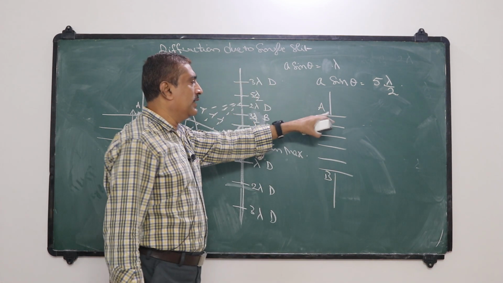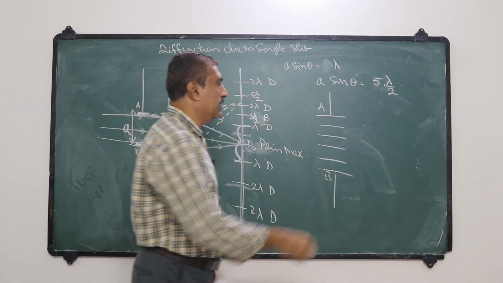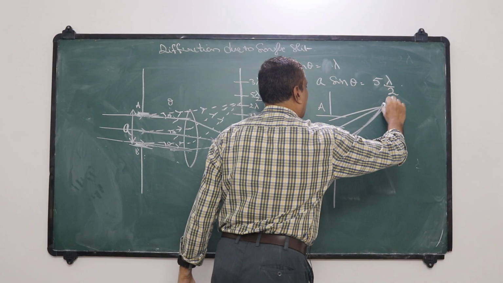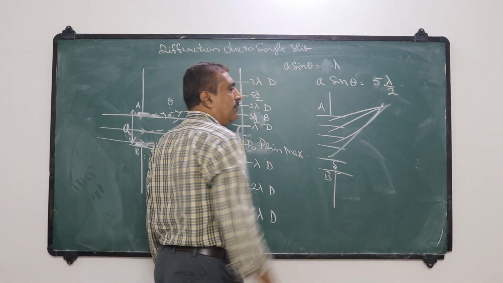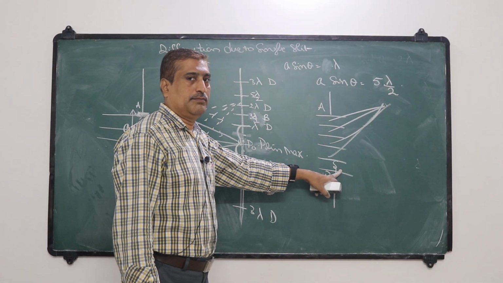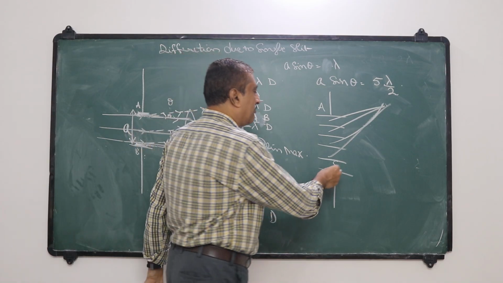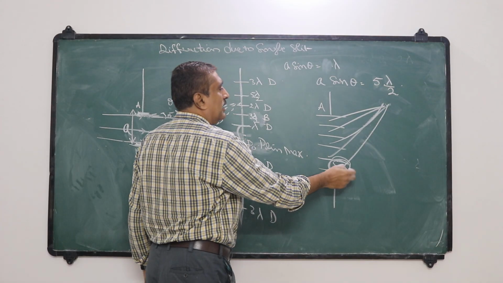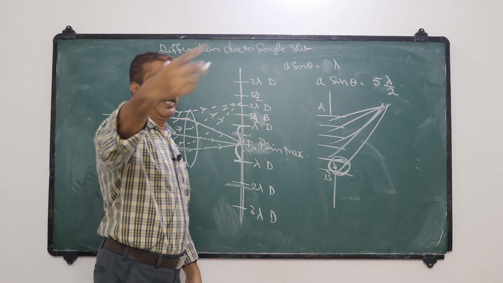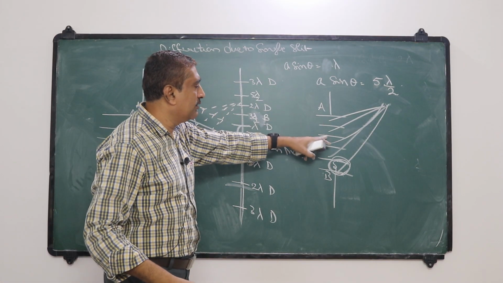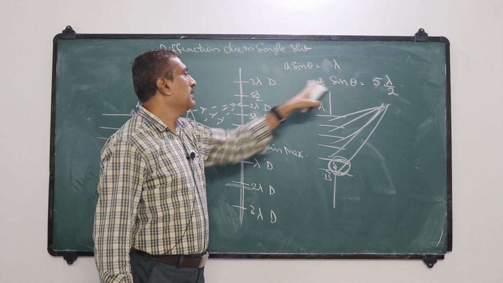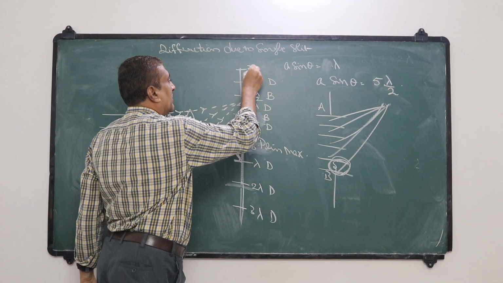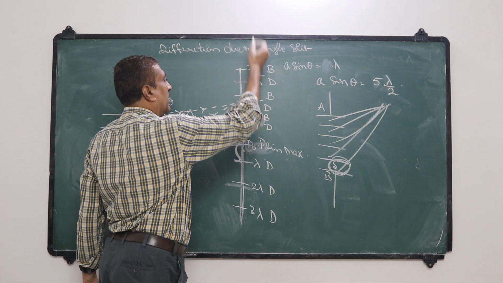Now divide the slit into 5 equal parts such that the two pairs will get cancelled out, these two pairs will get cancelled out and this part remains unbalanced. So the intensity of light reaching this point is due to the light from this point only. So we get again a bright band because these two pairs cancel out, these two pairs cancel out, so that we get a bright band at this point. Now at this point, 7 lambda by 2, also we get a bright band.